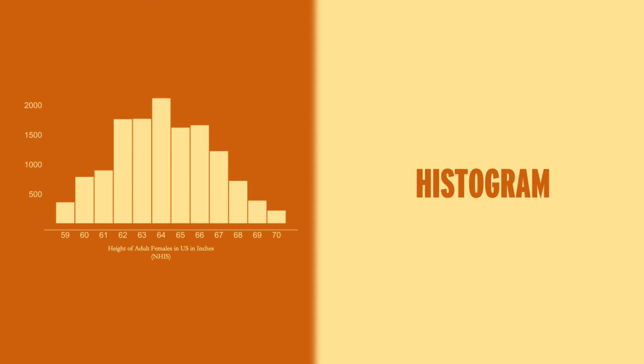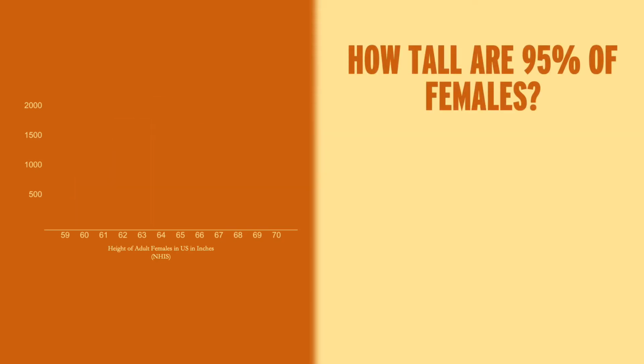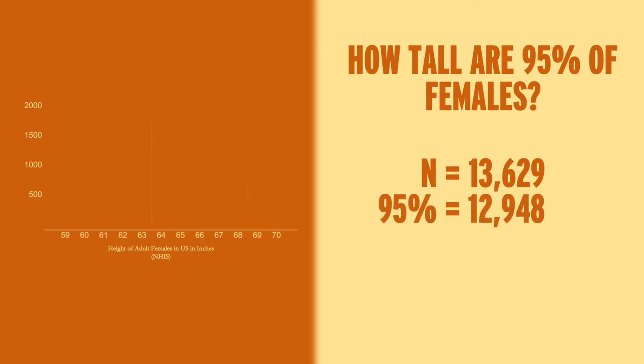Now let's get to a problem. Let's say that we own an amusement park and we want to design a piece of equipment, maybe a safety harness. We want to design the harness to fit women up to the 95th percentile of height. To do that, we can figure out where the 95th percentile of observations fall. The NHIS data have 13,629 women. 13,629 times 0.95 equals 12,947.55. So, since we can't have part of a person, we round up, making the 12,948th woman represent the 95th